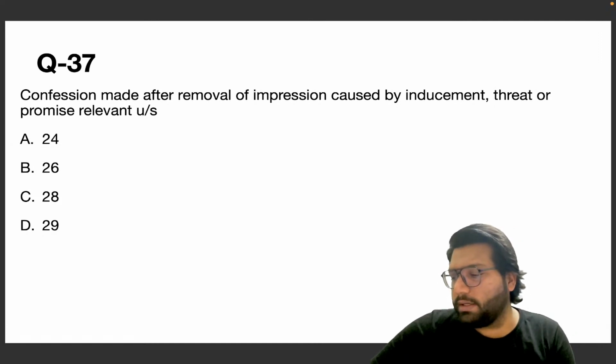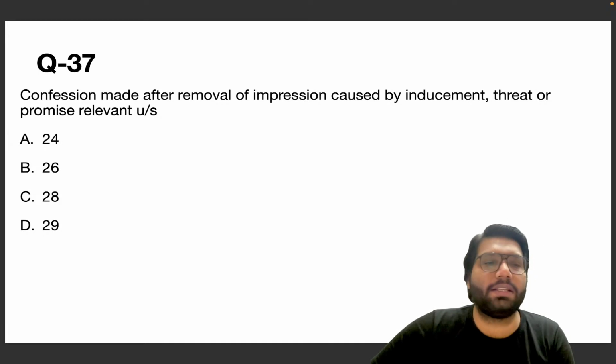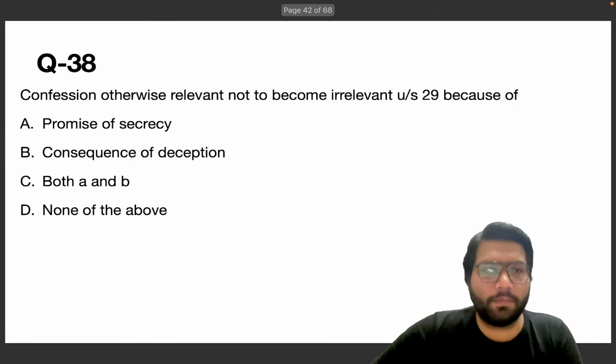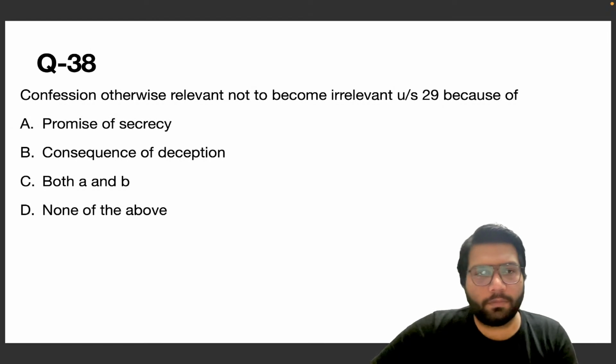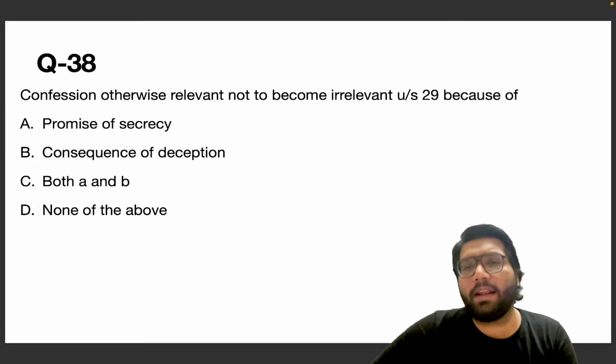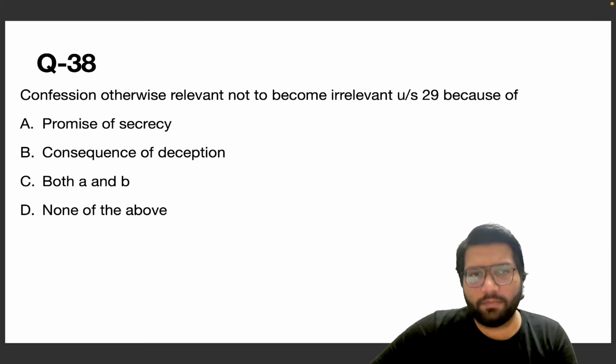First one to answer, Sapna, followed by Mausami and Samiksha. Yes, students, C is the correct answer. Section number 28. Confession otherwise relevant not to become irrelevant under section 29 because of